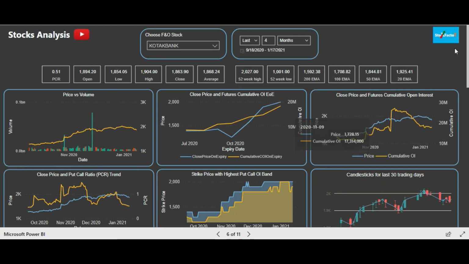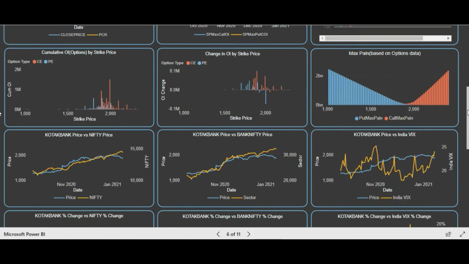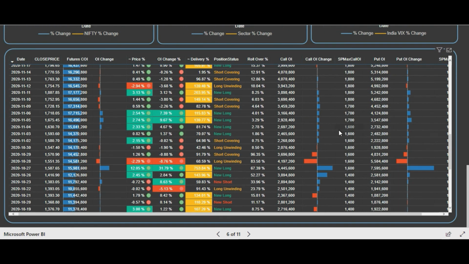Now let's switch to the table at the bottom and see. In this table, we have shown the complete holistic picture row by row, where you can relate the futures cumulative open interest with the delivery percentage, that is the cash market percentage, and also the option chain data. So every row, day by day, gives you the complete picture of what is going on in the cash market, in the options data, as well as in the futures data. We'll start with the day when we found that a strong player has entered, and we'll take the day when the last results were announced.